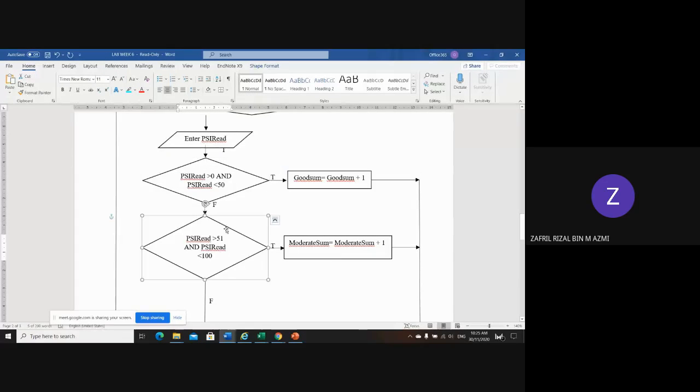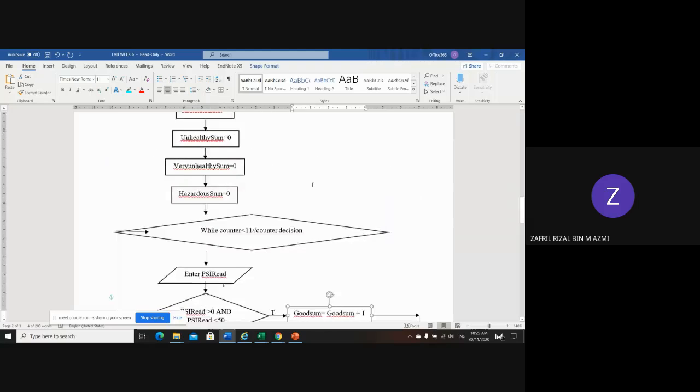So this is the decision. Everyone already passed this, right? So how to develop the decision? I think everyone already knows about this. But maybe the one that you are confused about is, if this is true, what will happen then? For example, if PSI is between 0 and 50, what will happen? This is where you put your counting. What do you want to count? You want to count if this is correct. So we are going to add this to the good value